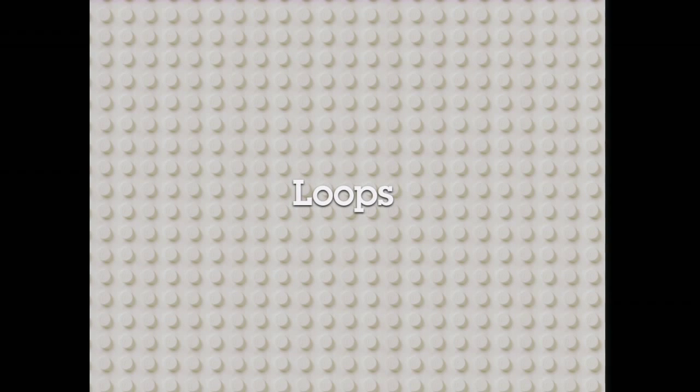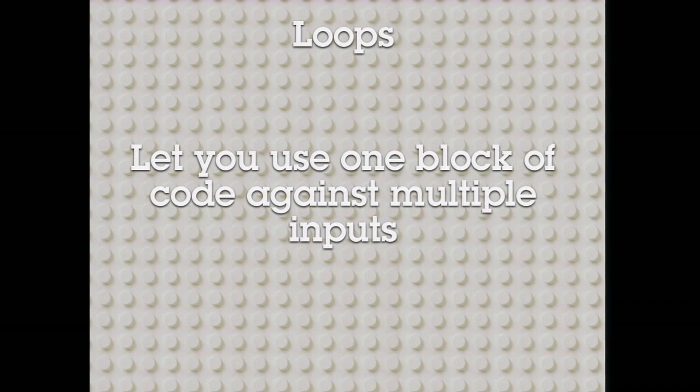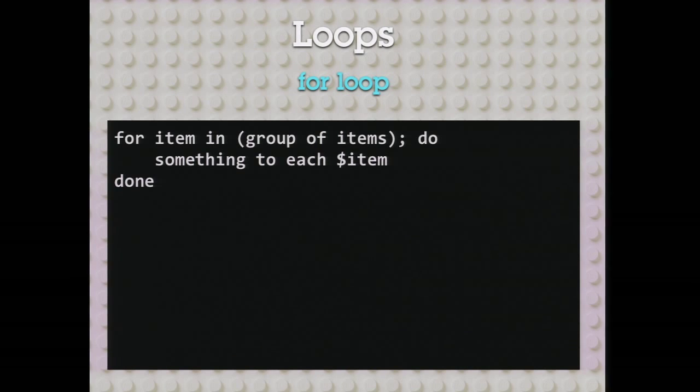So with loops, we're finally on the home stretch. A loop is a block of code that repeats one or more commands using different input each time, or it might be doing that. That's how I use it. The loop I use most often is the for loop. You use it when you want to perform the same action or series of actions on multiple inputs. And this is what a basic for loop looks like. And that's just English to show you what it's doing.